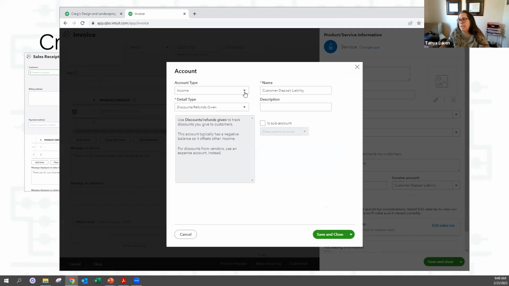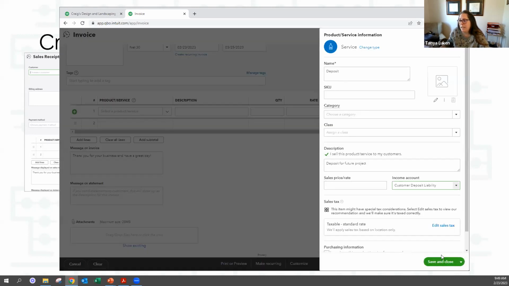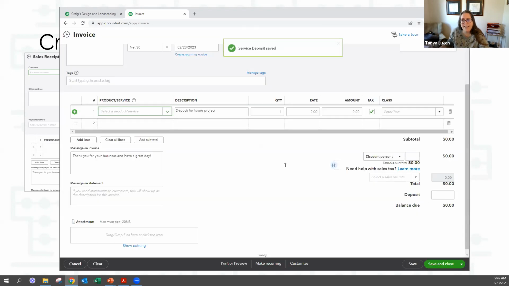Not all deposits, some deposits are non-refundable, but a lot of times they are. If you don't end up providing the work, you will return the deposit. So there's a customer deposit liability. I like doing it with a customer deposit liability account better than with the dumb little deposit box. And I mean that in the nicest way.